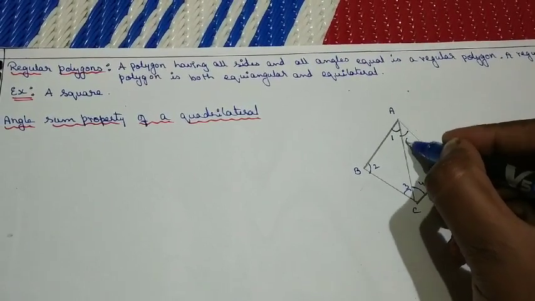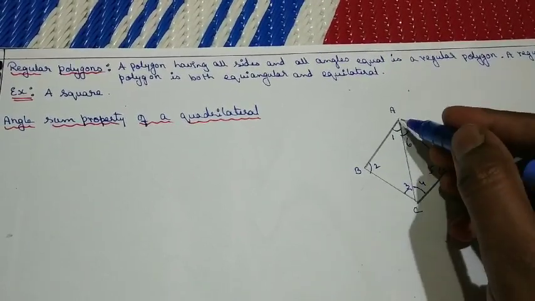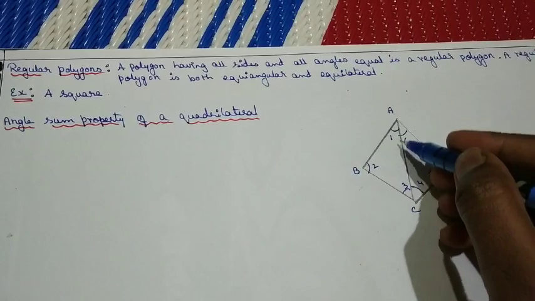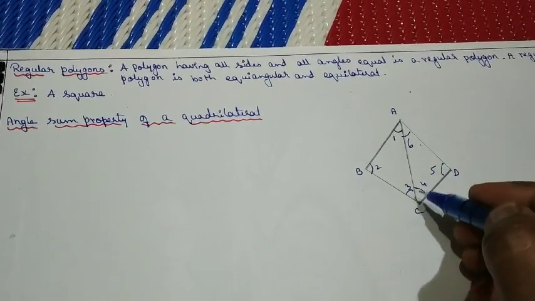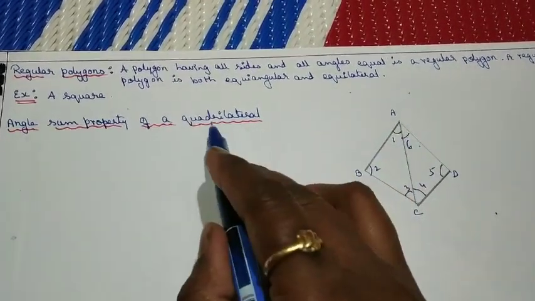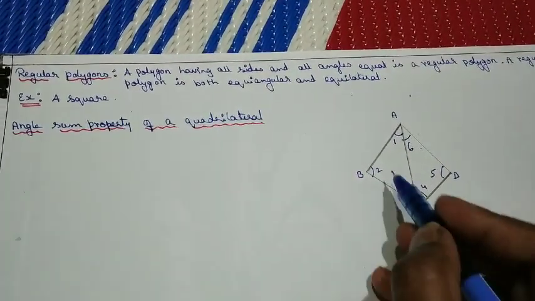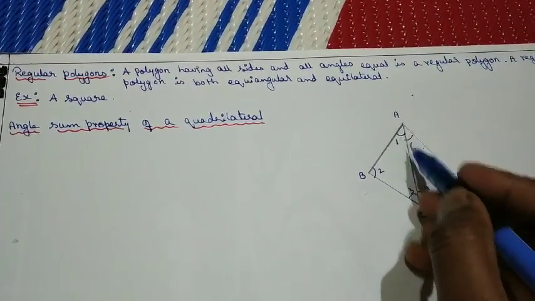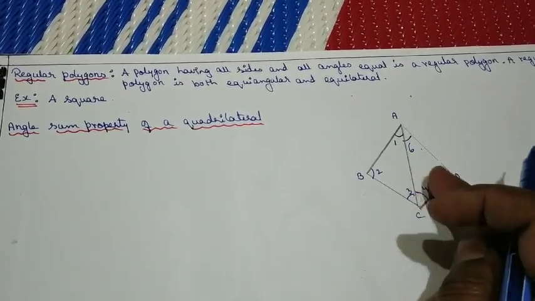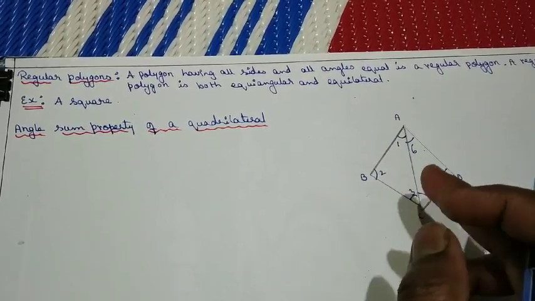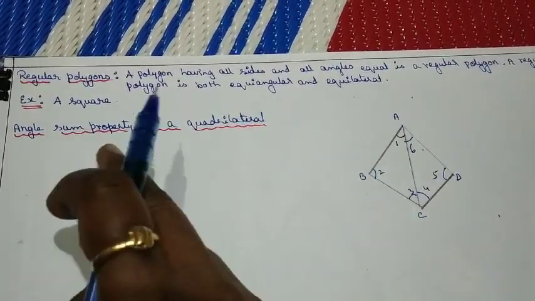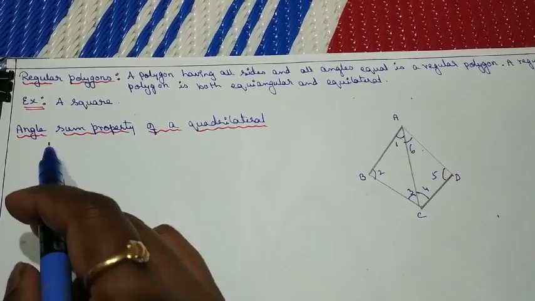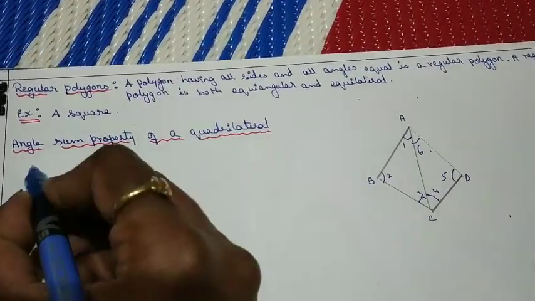By taking the quadrilateral ABCD and joining one of the diagonals, you can see the diagonal is lying within the quadrilateral, therefore it is said to be a convex quadrilateral. Joining the diagonal makes that figure into 2 triangles. Then apply the angle sum property of a triangle and find the angle sum property of a quadrilateral.